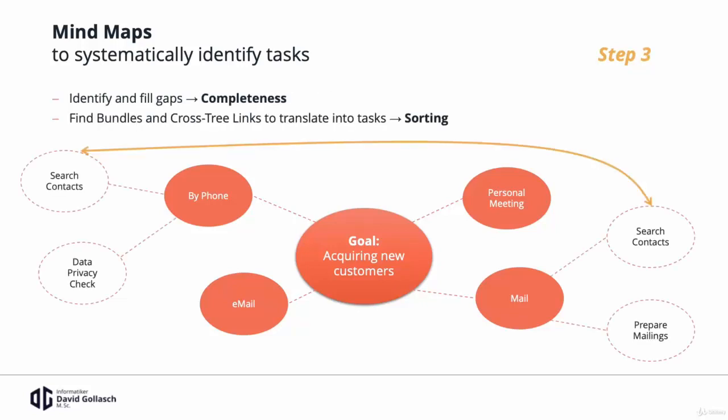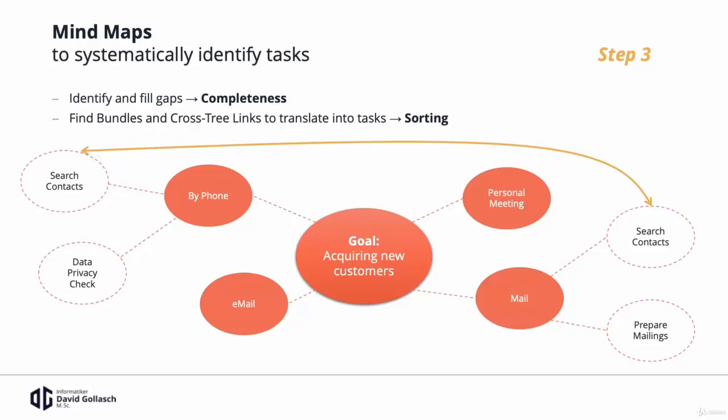Afterwards, we add all the tasks that we identified during our brainstorming process to this structure, and we need to complete our list or our mind map by identifying and filling gaps that might occur. You can also identify several bundles and work packages within this mind map and create an even deeper structure in this tree. And you can combine tasks that you identified using cross-tree links to create a certain kind of